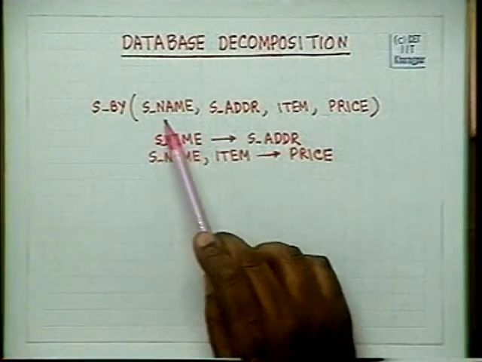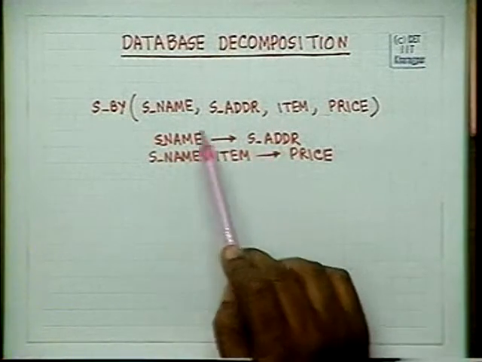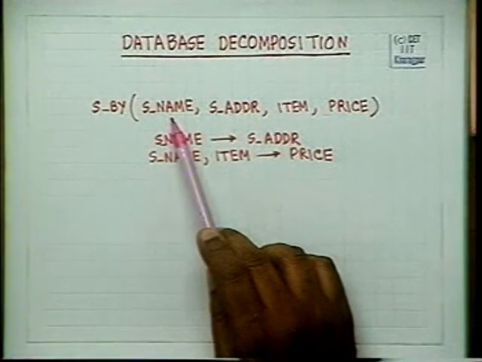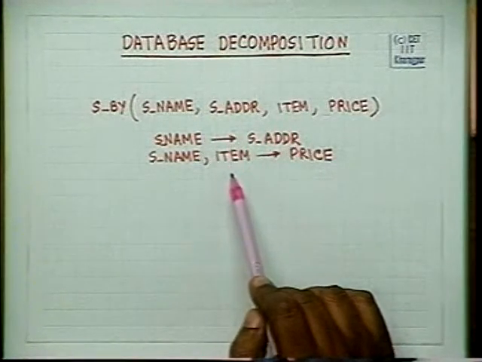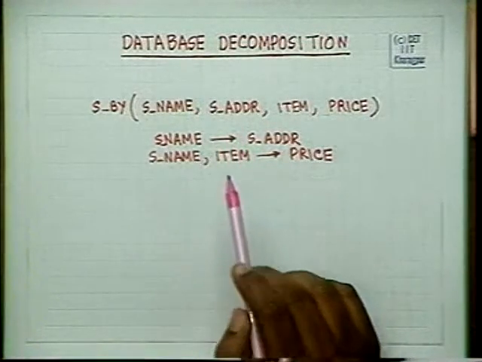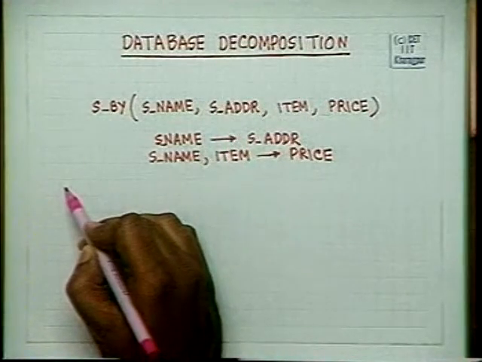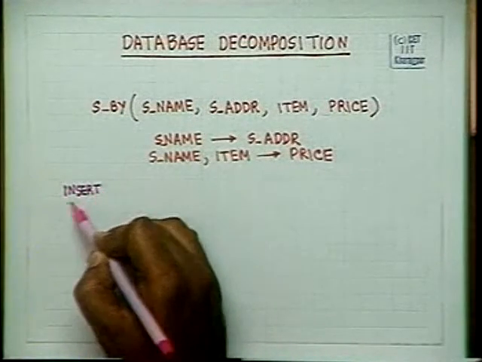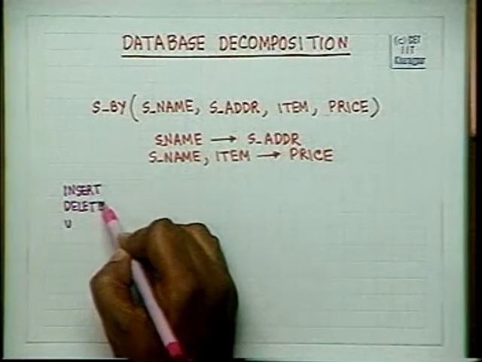And we found that this dependency of name and address means that whenever the name is the same, the address will be the same. And suppose supplier X supplies 20 items, then this address will be repeated 20 times. It appears a bit redundant to have this information. So this redundant information causes several difficulties, and we studied them as the insert, delete